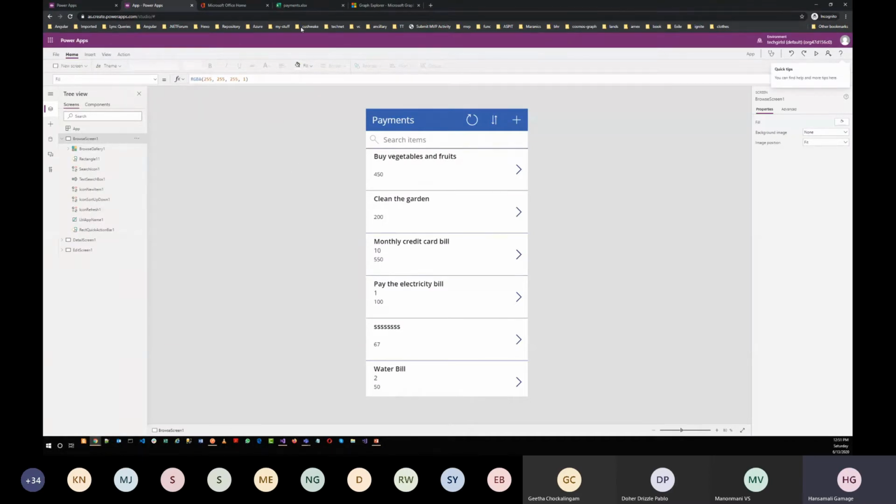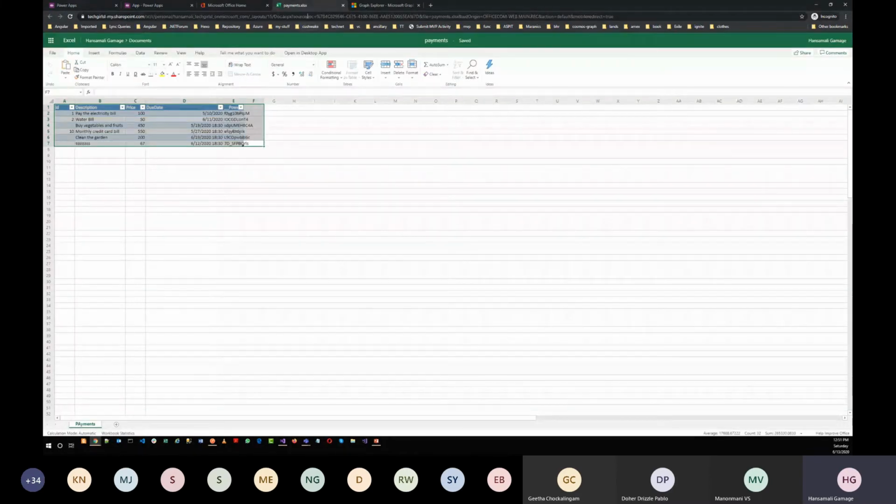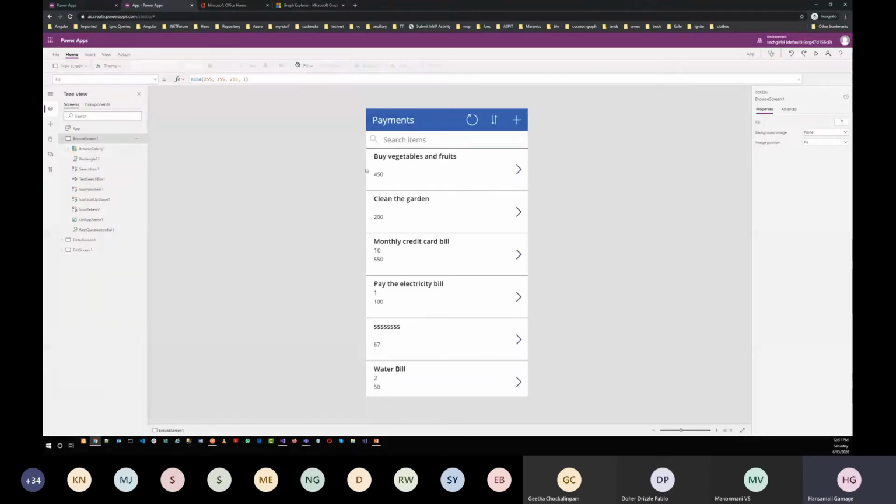Since we have this data in the Excel sheet, it's going to show those items as a list. Usually for a developer, for an engineer, the CRUD operations, create, read, update and delete, are kind of boring stuff, right?